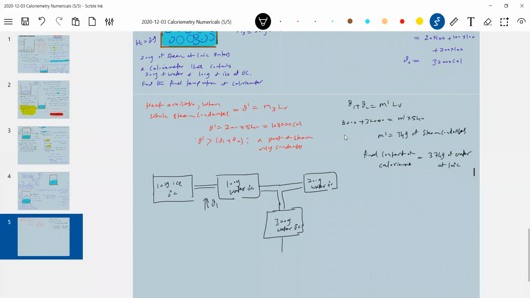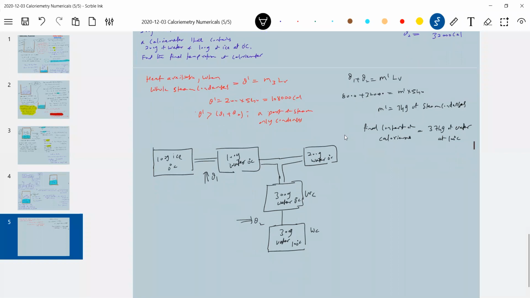Next, this 300 gram of water should become how much? 100 degrees Celsius. So for that, Q2 amount of heat, even the water equivalent of calorimeter should be there. I need not show that. WC, you write it. It will be understood. So who should provide this Q1 plus Q2? The steam.